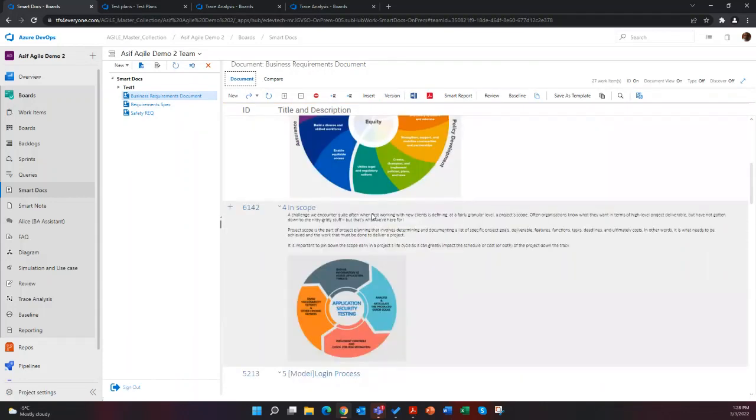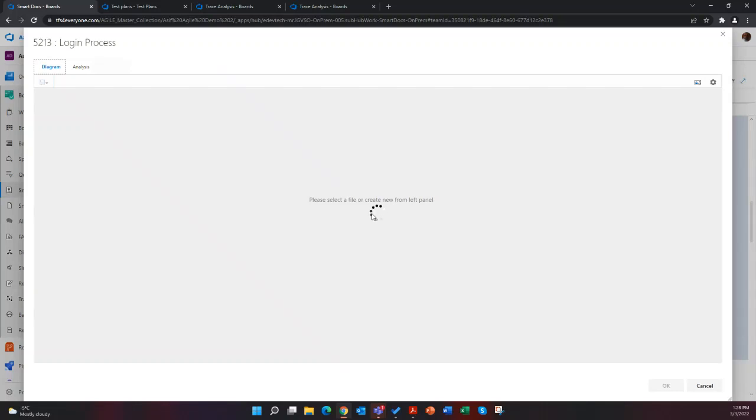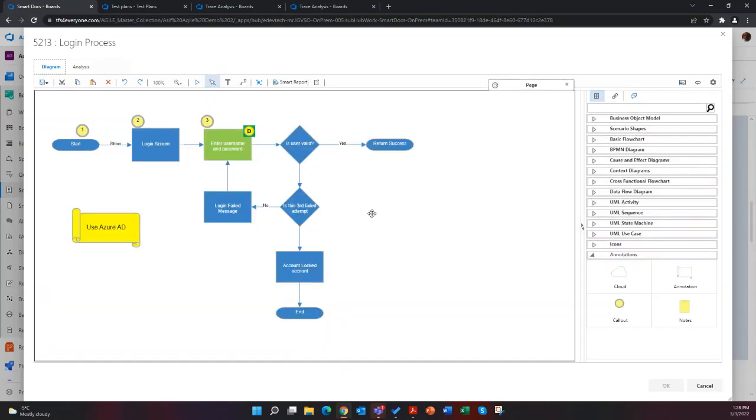Within a smart doc, you can also create diagrams. Creating diagrams within modern requirements is like having Visio directly in Word. So here is an activity diagram.